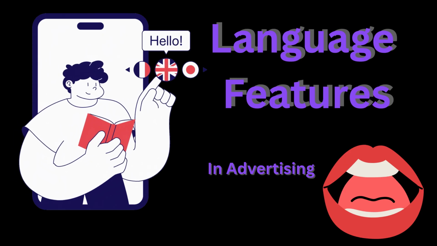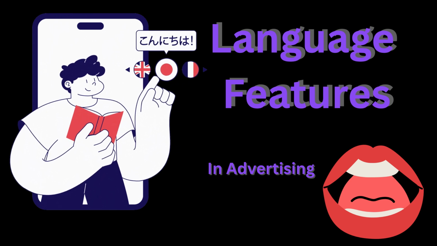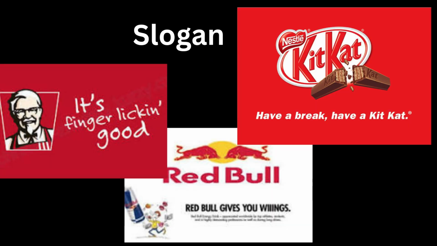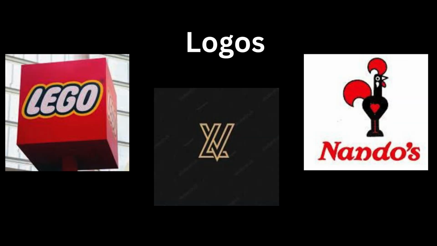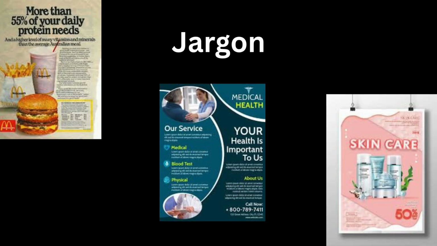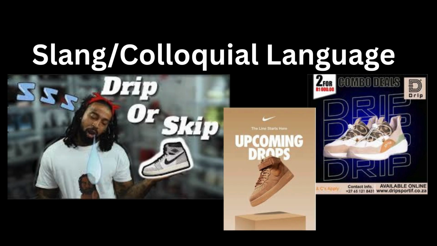Finally, let's talk about language features in advertising. Adverts carefully choose words to shape meaning. They use copy, the main body text, slogans, catchy and memorable phrases, logos to build brand identity, graphics to support the message visually, jargon to sound professional or technical, emotive language to stir feelings, and slang or colloquialism to connect